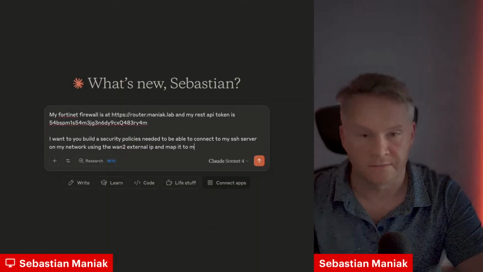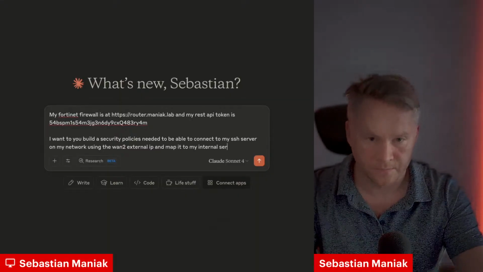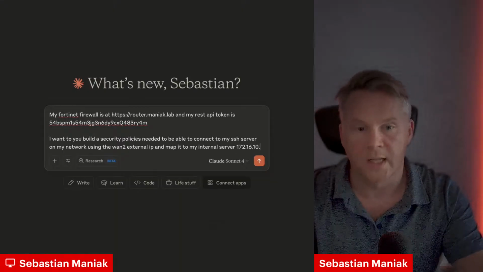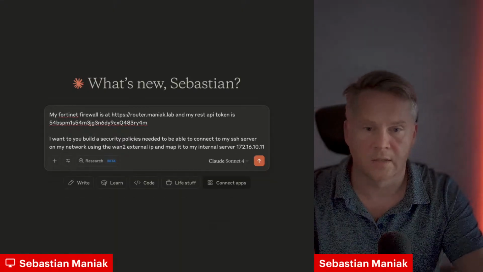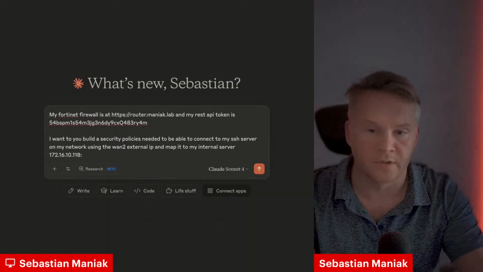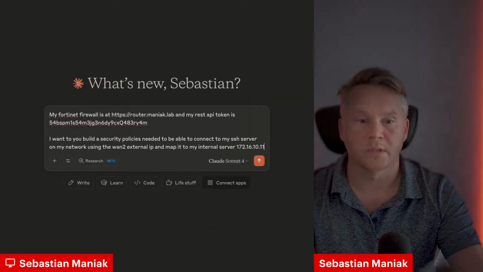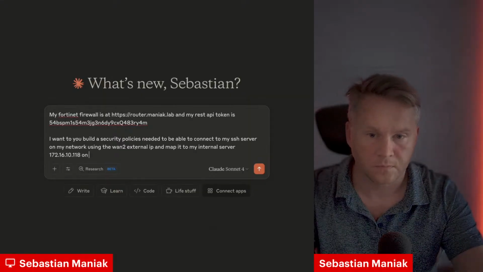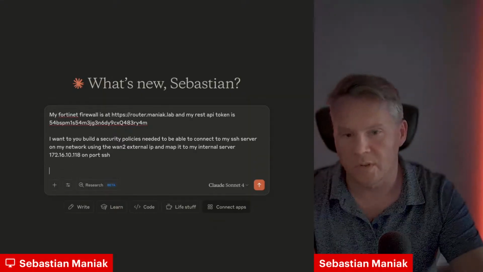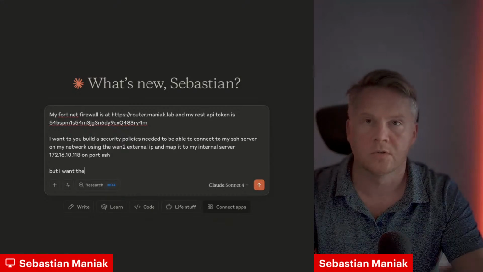I want to find the external IP address, and I want to NAT that. I want to create a NAT right to an internal server 172.16.10.118 on port 22, but I want the external port to be 2022